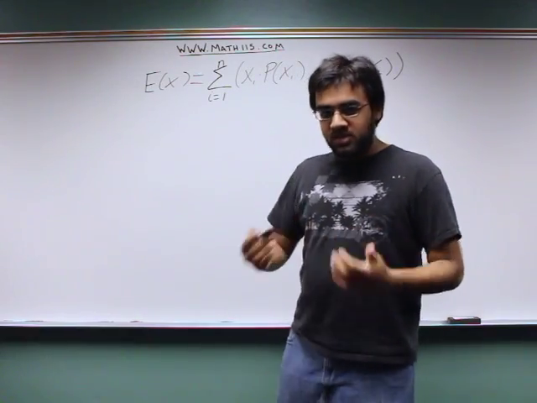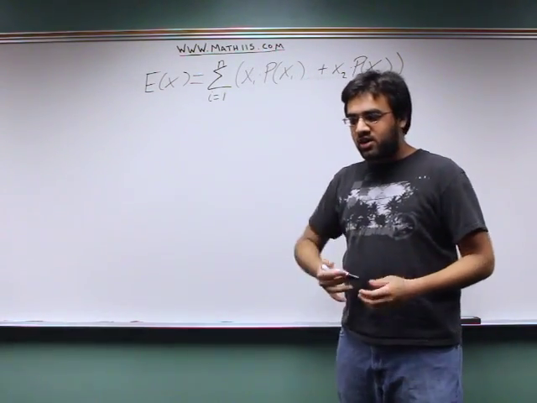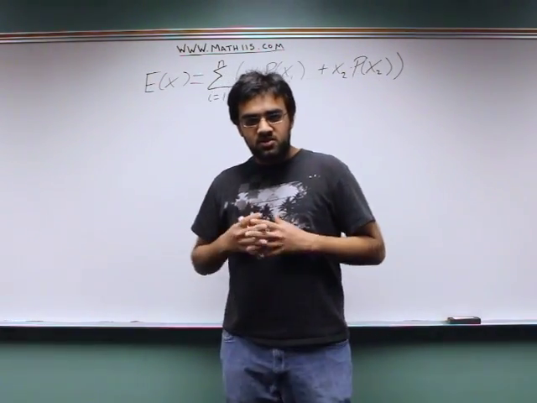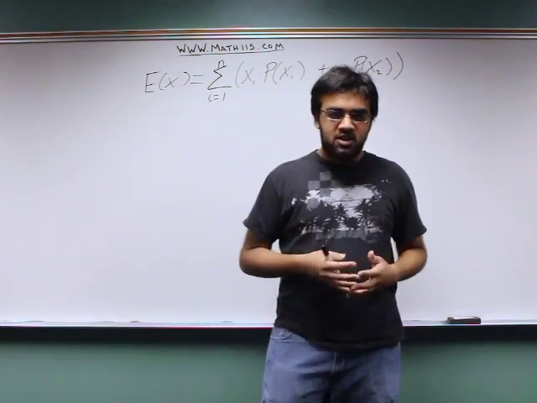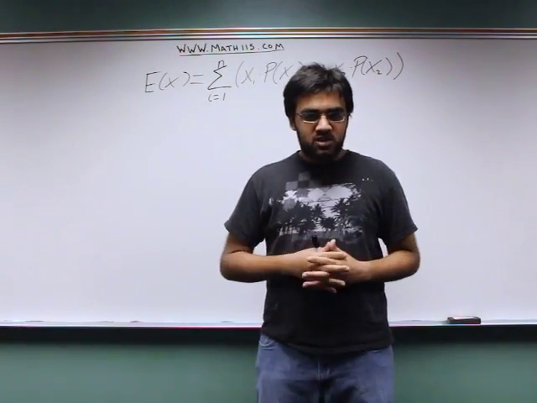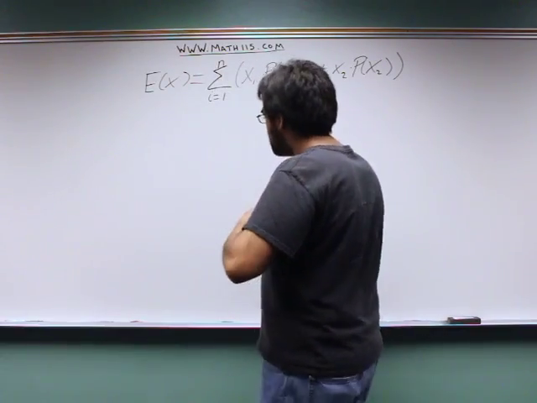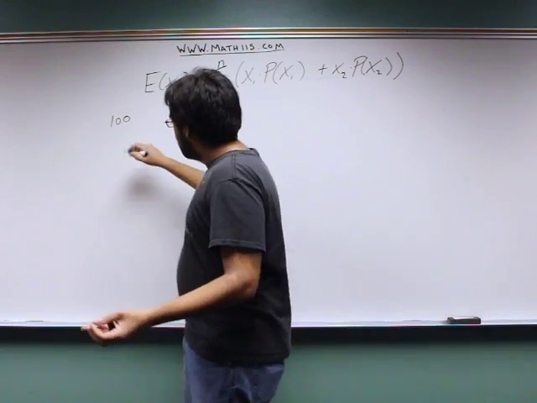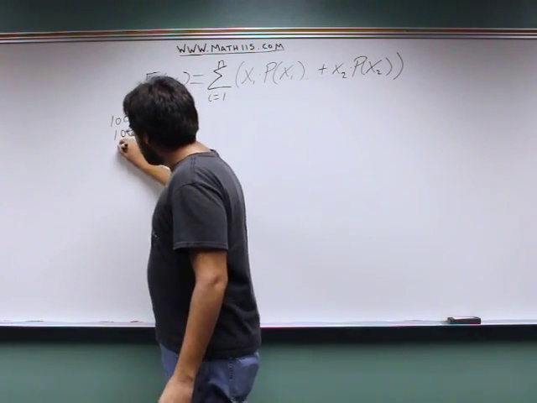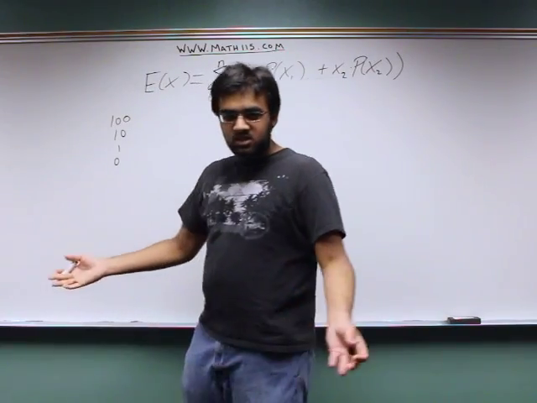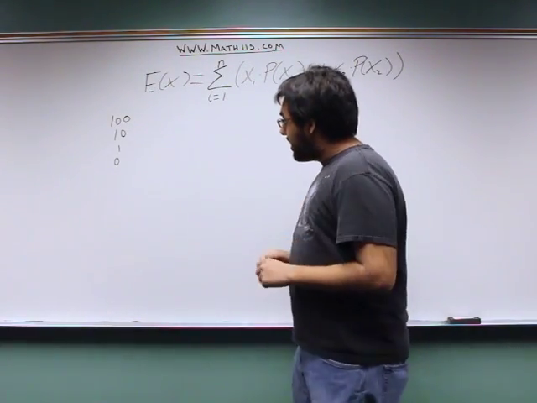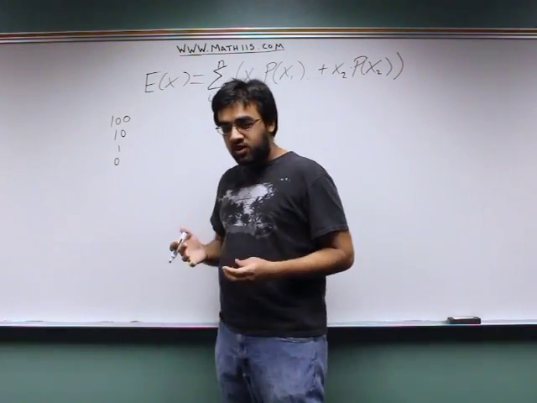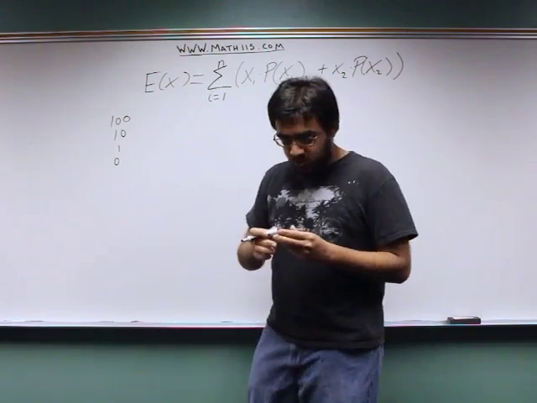So now that we've gone through a basic problem with expected value, let's go ahead and try a more advanced problem. So let's assume that I operate a lottery, and I want to find out how much money on average can I make when I run this lottery. So let's assume that our possible payout values are $100 for the grand prize, $10, $1, or 0. Basically, you don't win anything. If I charge $2 for each ticket, I want to find out, on average, how much money do I make